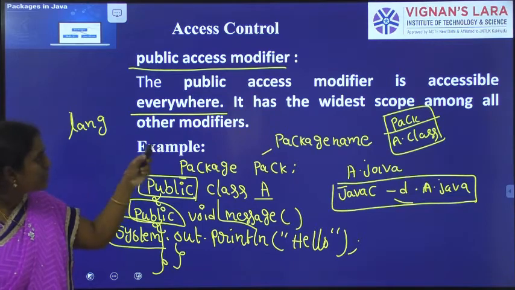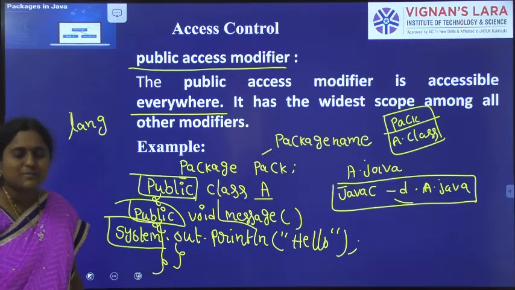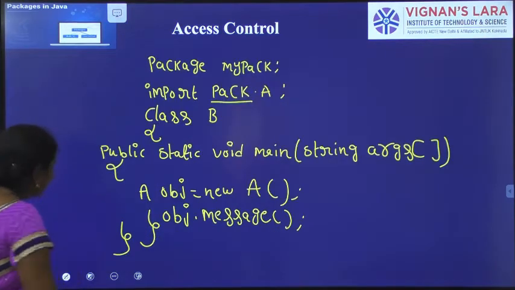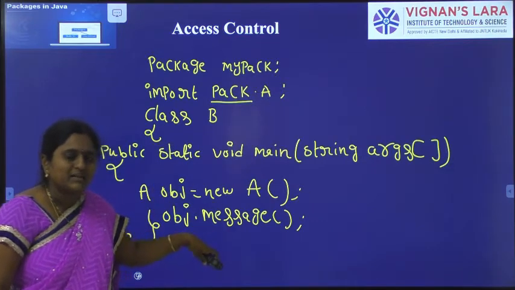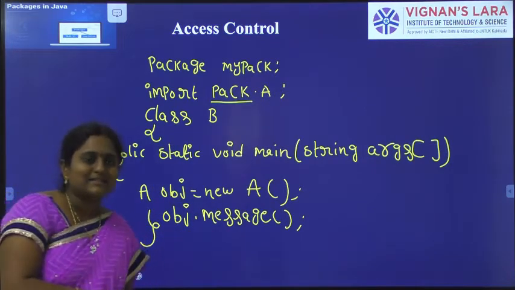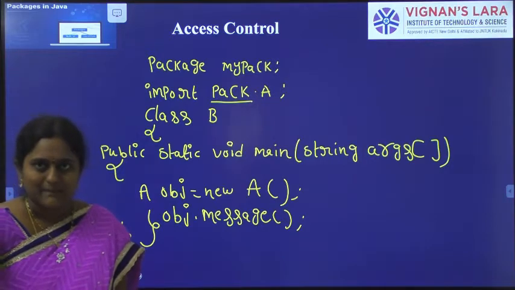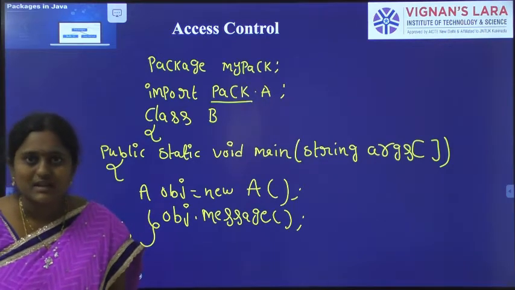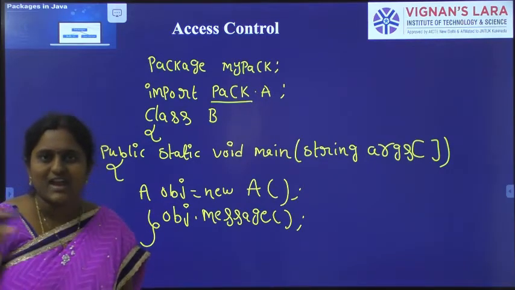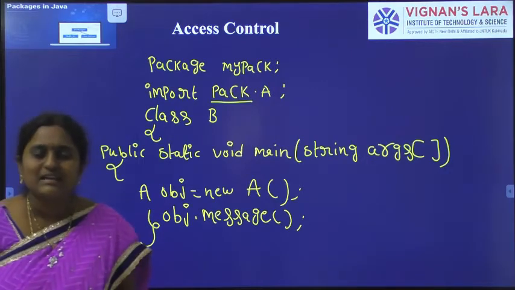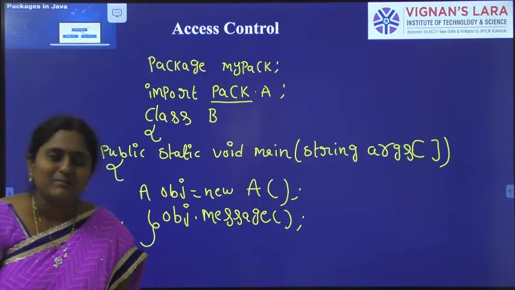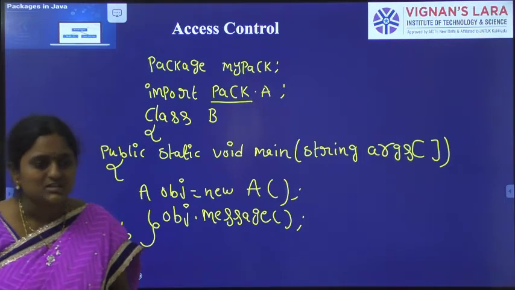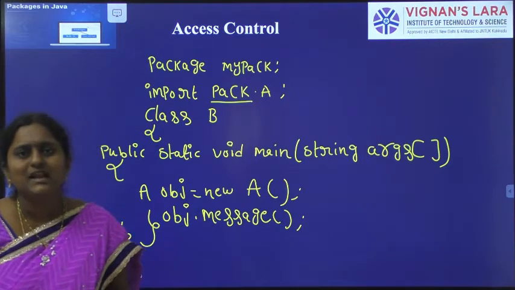So it is the widest scope among all other modifiers. Our class is public and the method is public, meaning accessible everywhere, within the class or outside the package. Public can be accessed within the class, within the sub package, outside the class and outside the package. Just imagine a public property: everyone can easily access it. Compared to private property, which only the owners and family members can access, public is like a road or railway that everyone can use.